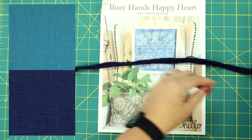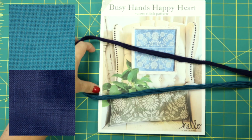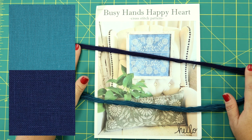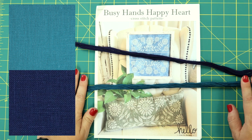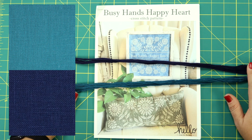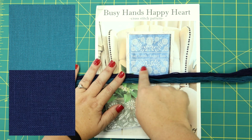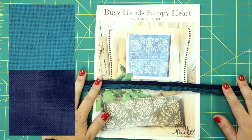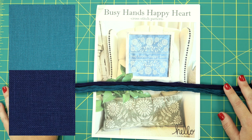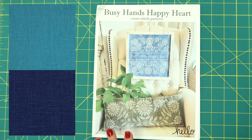So I got 2 pieces of linen on their way. I got a Zweigart linen in navy. And then I also got a linen in what's called the Petrol blue Cashel. And so these are kind of the colors. It's kind of a real dark indigo blue and then a real deep teal. So I will use one of those 2 as the background for my own Busy Hands Happy Heart sampler there. And I most likely will be stitching, I can't remember the thread that I used. So you will have to tune in next time when I hopefully have some progress to share on these 2